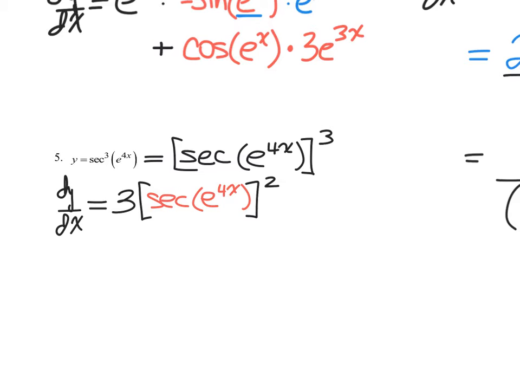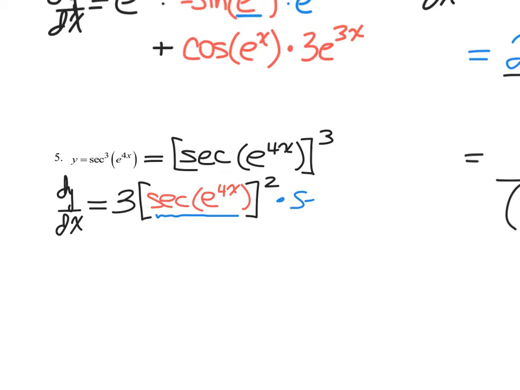Then I need the derivative of the something. So this guy I have to differentiate. So the derivative of the something. Well, the derivative of secant under normal circumstances. So secant of something would have the derivative equal to secant times tangent of whatever is contained within the secant function. So we're looking at